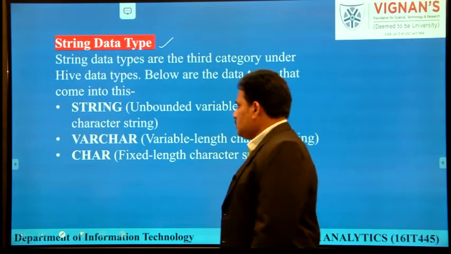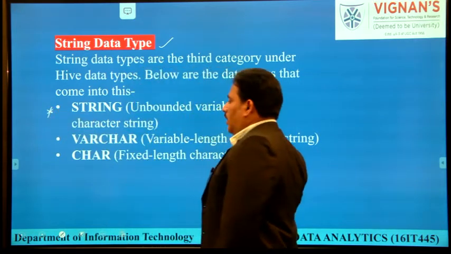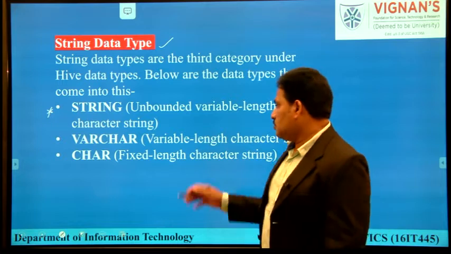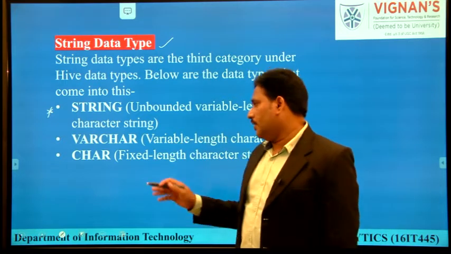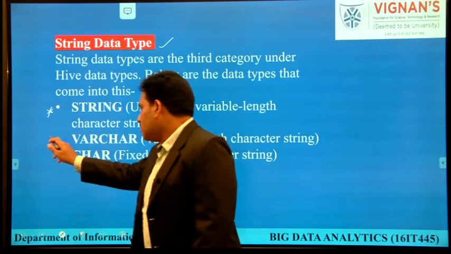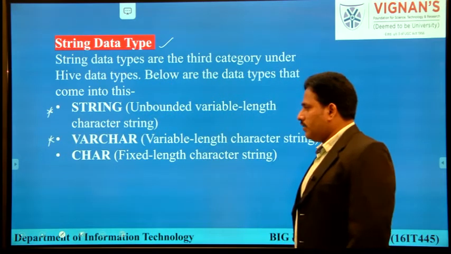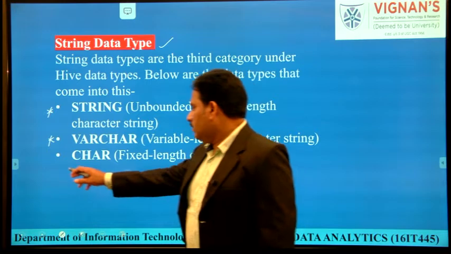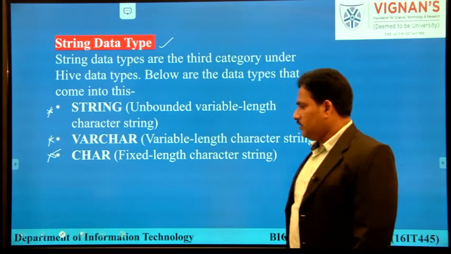They are string, an unbounded variable length character string, that means no specific size has been fixed, it is variable length in nature. Second is varchar, a variable length character string. And third is char, a fixed size character length.